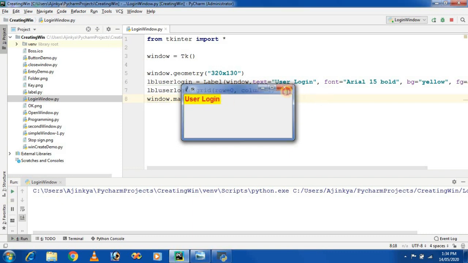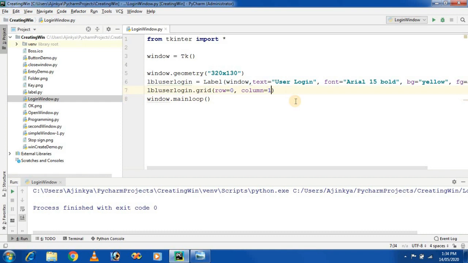There is a method called add y. I am taking the value as 5, and there is another property called column span. We have to span 2 columns.